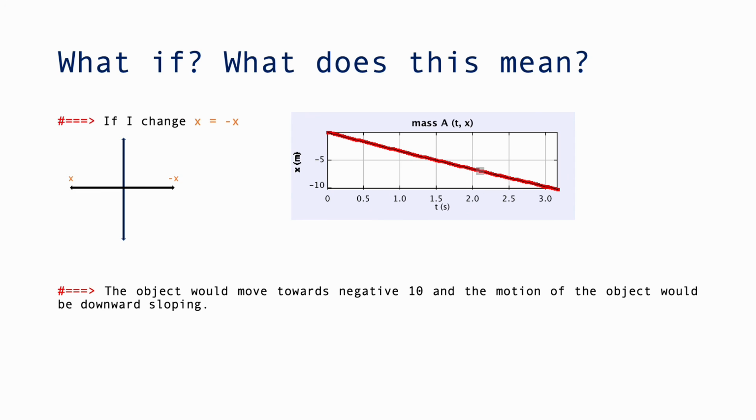Now the final hypothetical situation would be, what if I changed x to negative x? In this case, the object would no longer be moving towards a positive number, but instead towards a negative number. And because of this, the graph shown by Tracker is downward sloping, so it's moving